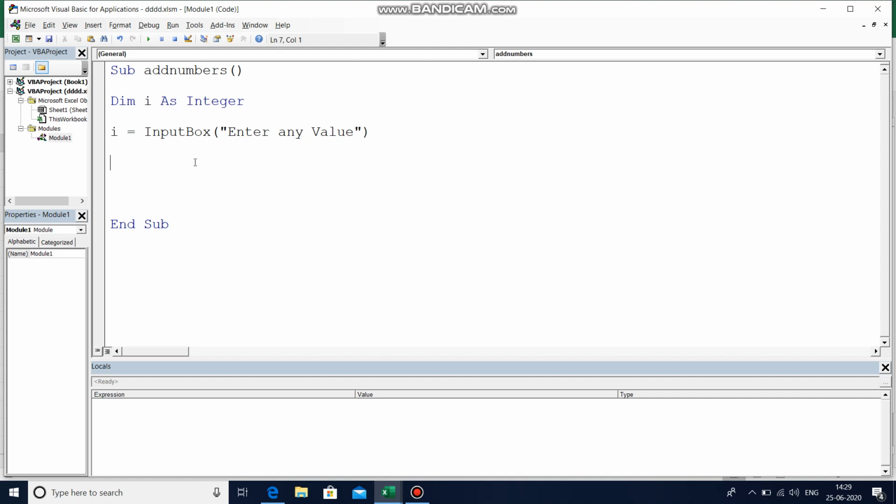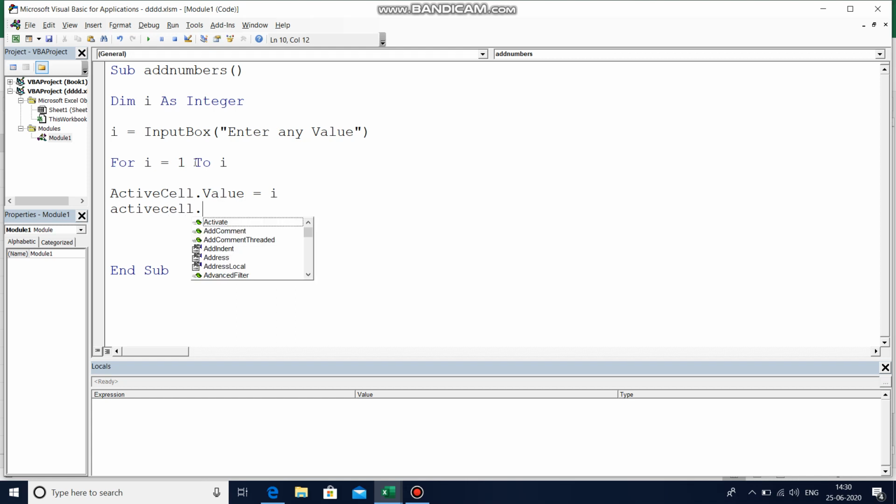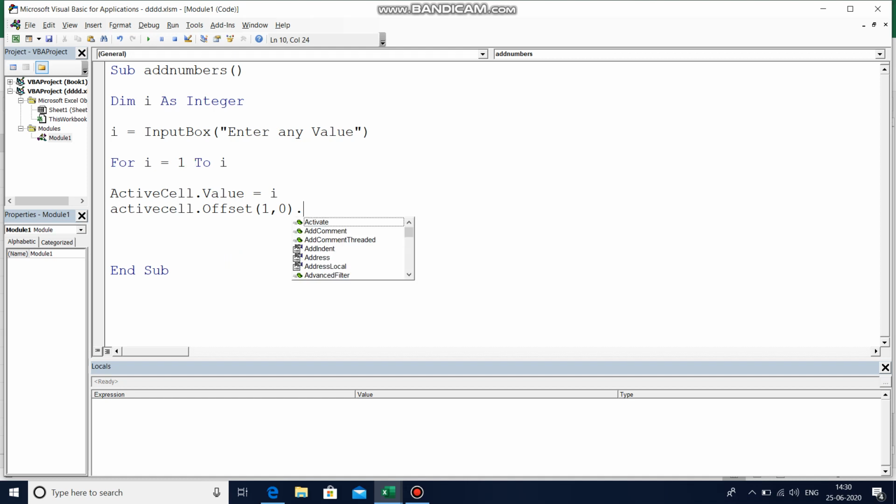Suppose if I am going to use like this, I is equals to 1 to I, then active cell dot value is equals to I, active cell dot offset, dot activate. Next I.